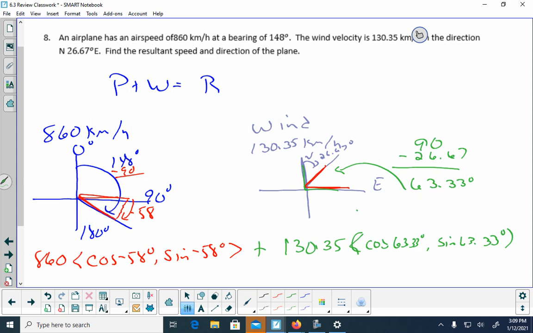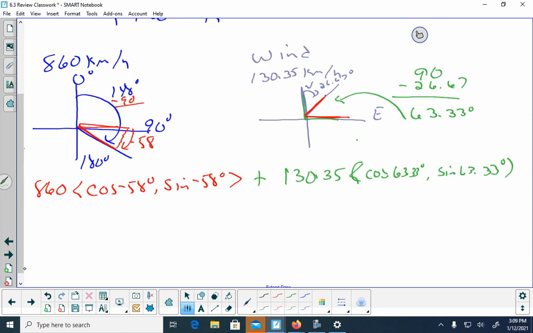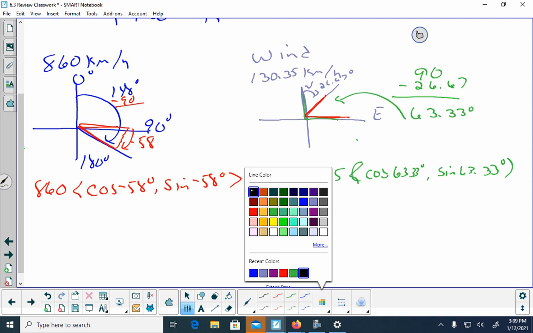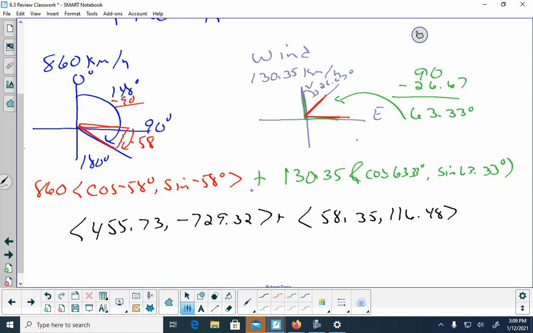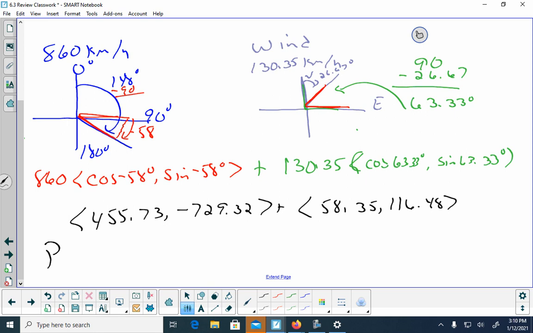When I put that in my calculator, when I take the 860 times the cosine of negative 58 degrees, I am going to get 455.73. Then this will be negative 729.32. And then when I take 130 times the cosine, I'm going to get 58.35 and 116.48. When I add those together, that's going to give me my resultant,